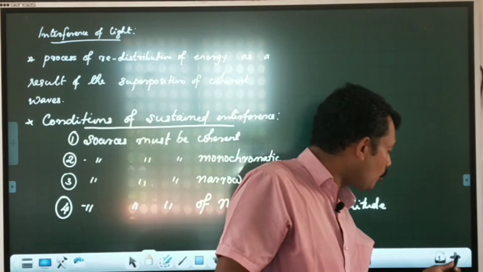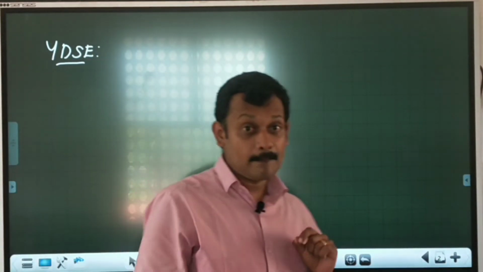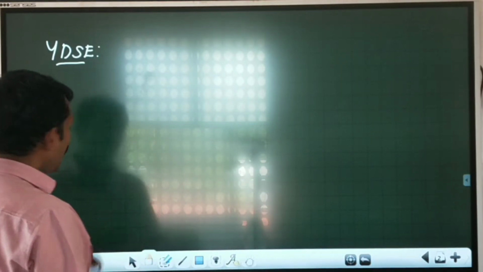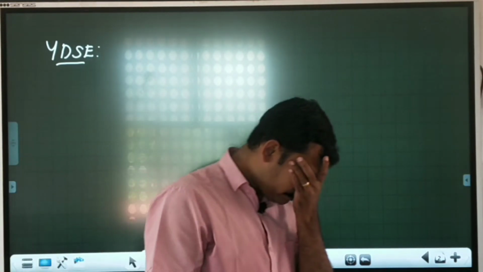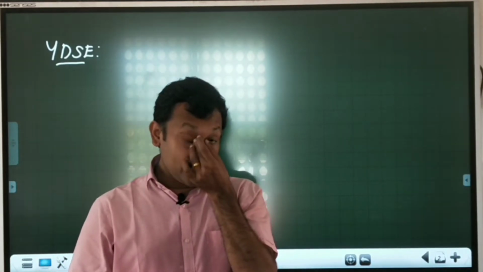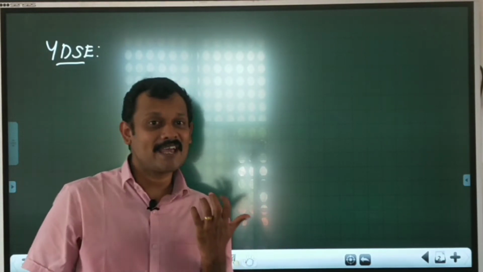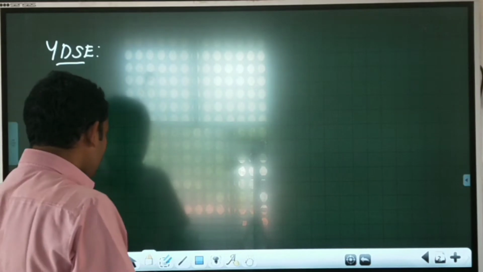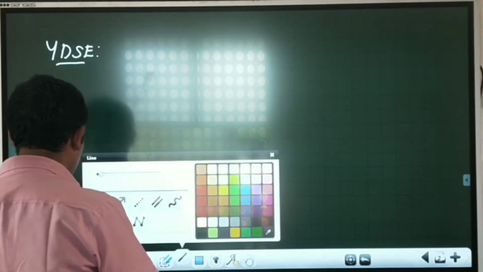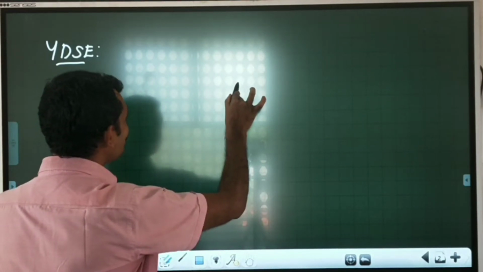Now we are going to discuss Young's double slit experiment, a revolution to the wave theory of light, which is abbreviated as YDSE. As I told in the previous video, as well as at the beginning of this video, two independent sources of light never form coherent sources. Then how can we obtain coherent sources? Thomas Young was brilliant enough to do that.